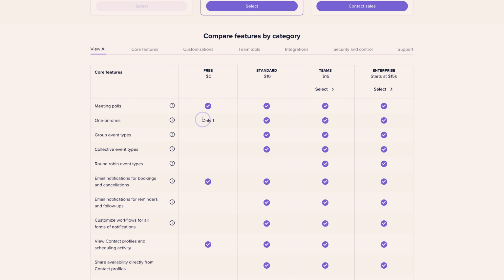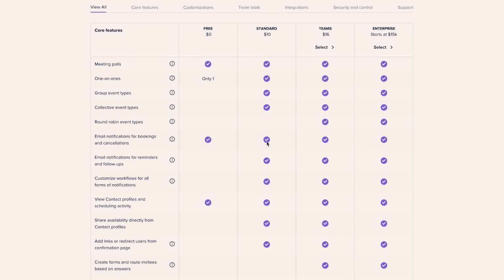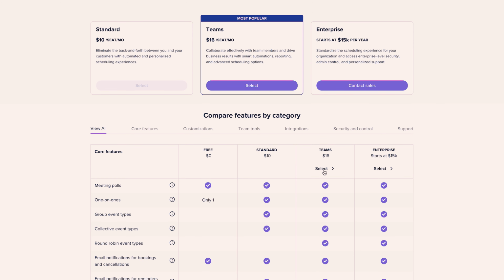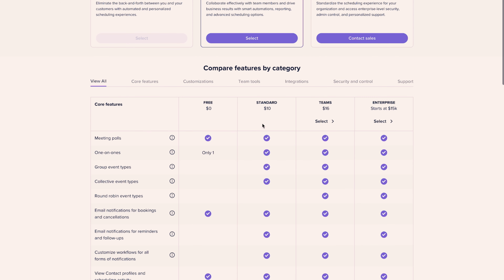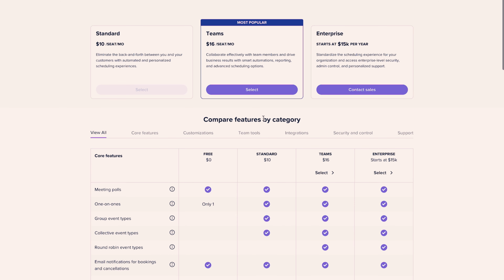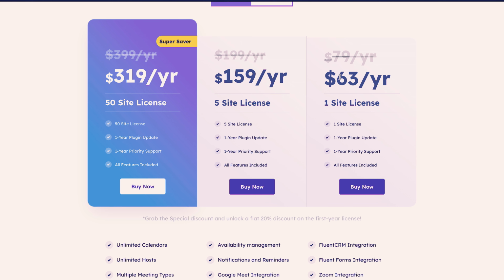Notice that free only allows you to set up one-on-ones, and so that's not many, and you don't get to set up group events if you choose free. Calendly is a minimum of $10, and the $10 a month option gets you most of the features that you would need as an individual user. I've never needed to go up to the Teams option or anything higher than the $10 a month on Calendly. But with that said, FluentBooking is cheaper,